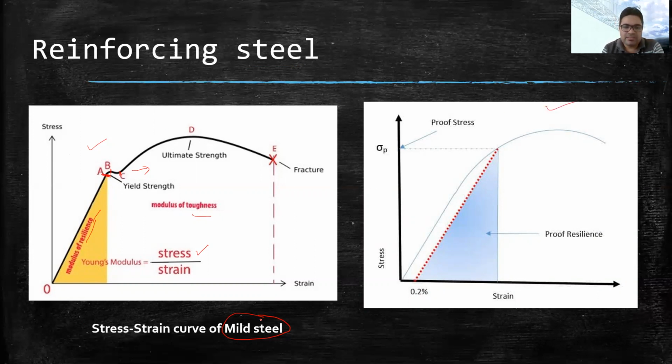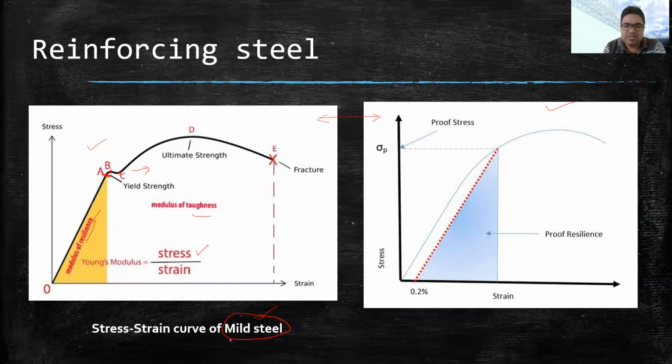This is the stress strain curve for the mild steel, and it has low carbon content in the chemical composition. So this stress strain curve is also largely dependent on the chemical composition of the steel. Steel is basically an alloy of iron and carbon, along with some other chemicals in a very small proportion, but a significant amount of carbon is there, and carbon is mainly responsible for inducing the hardness in the steel.